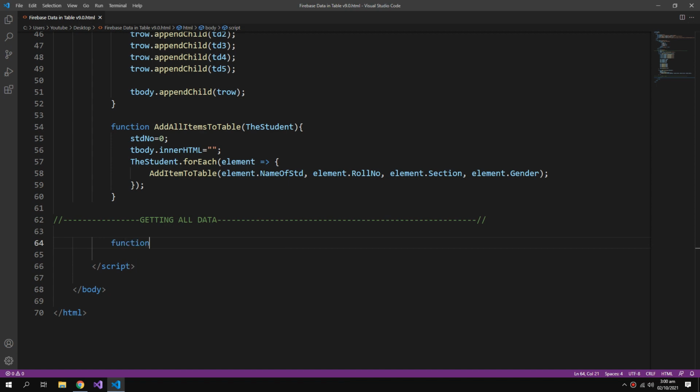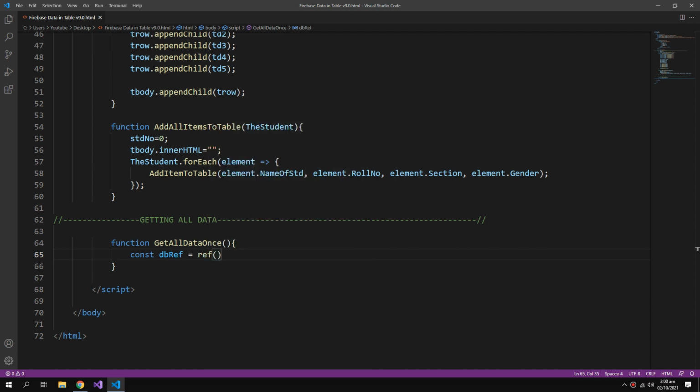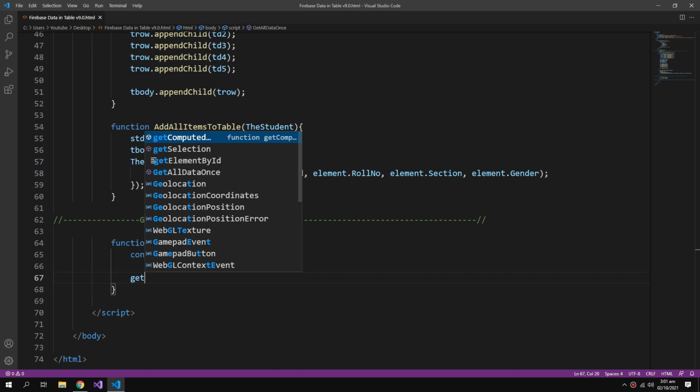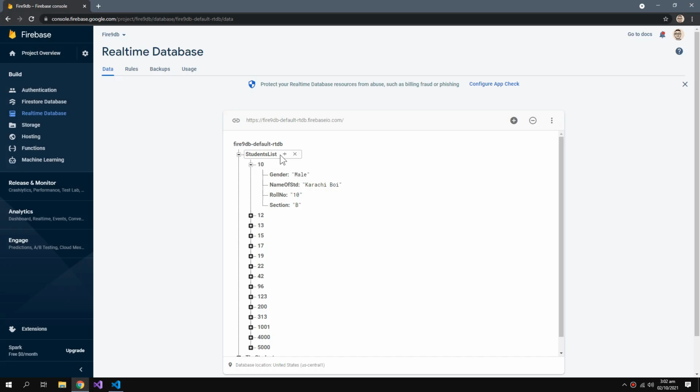So let us create the function to get all data once. So inside this I need to get a db reference, and for that I will use the function ref. Inside this I will give my db object as reference, and then I will use the get function, and inside that the child function, and then I will provide the db reference with my folder's name, which is studentslist in my case.